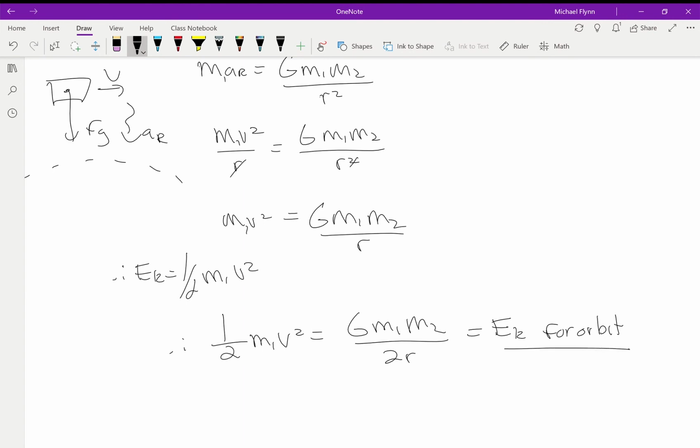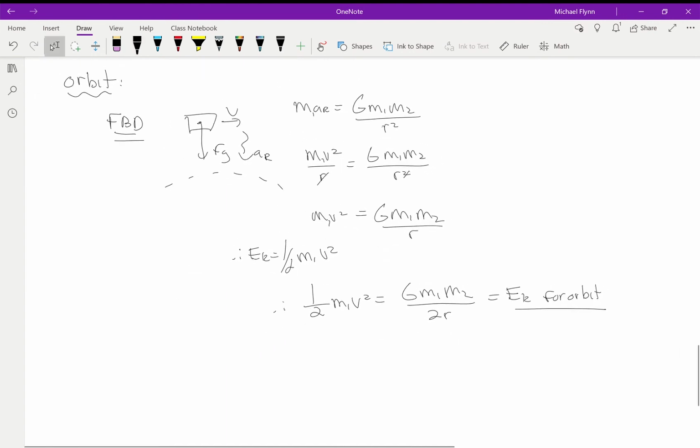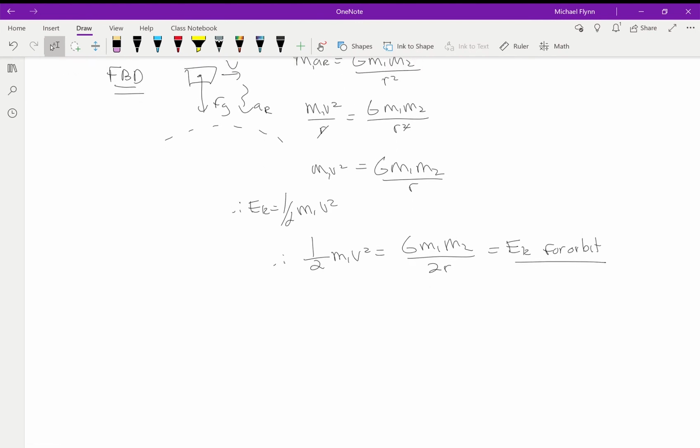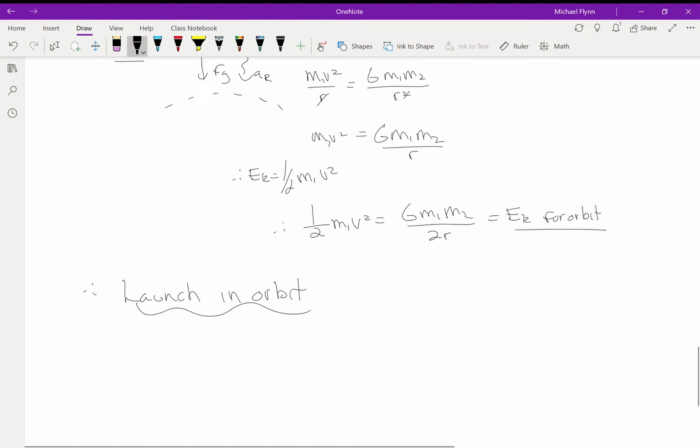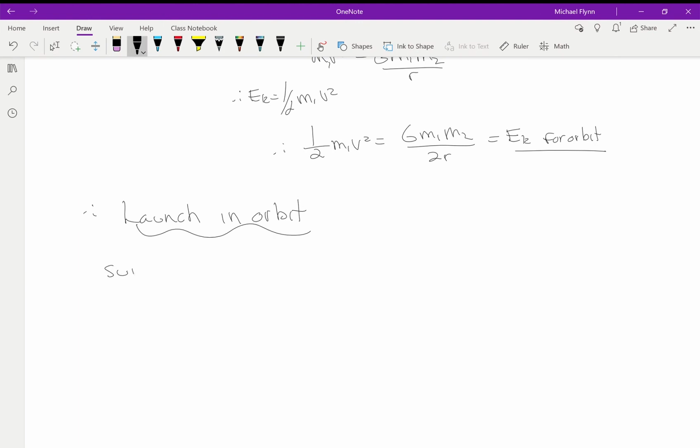Okay, now that's kinetic energy required for orbit for an orbiting satellite. Whatever that satellite is. Now what I'm going to do is, therefore, launching something in orbit, this is what you would do. On the surface of the planet, this is at R1, what you would start with is EK, okay? And then you're going to give it in orbit,